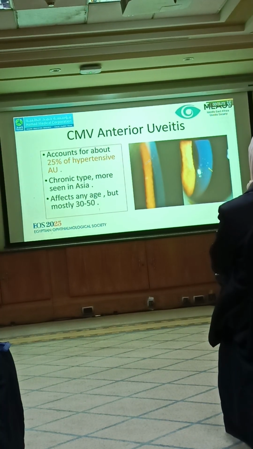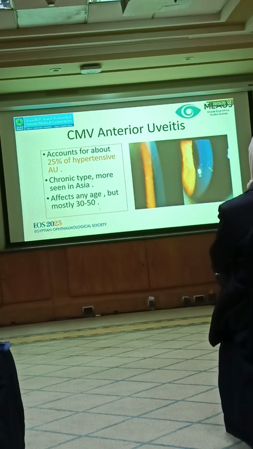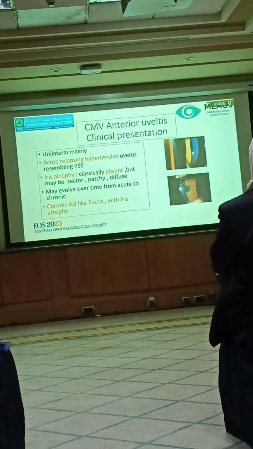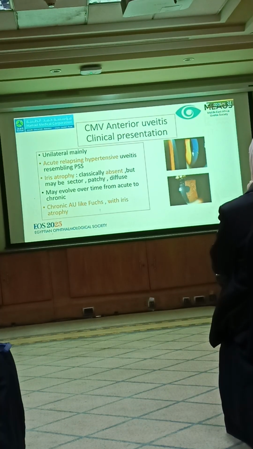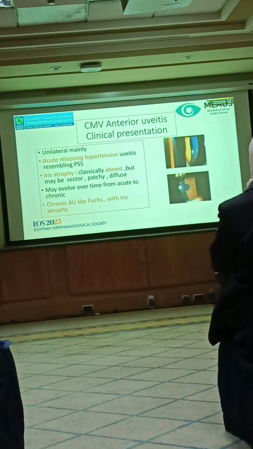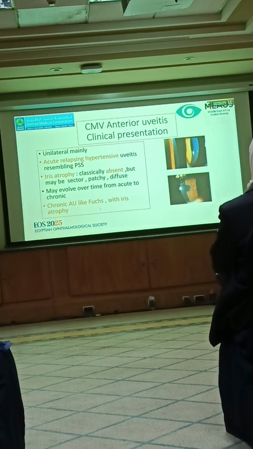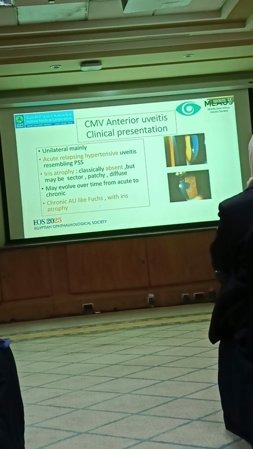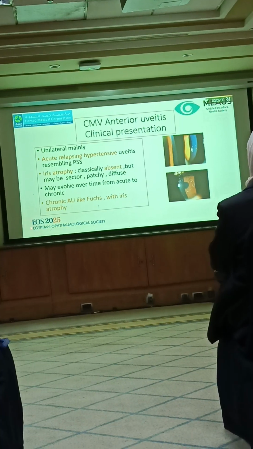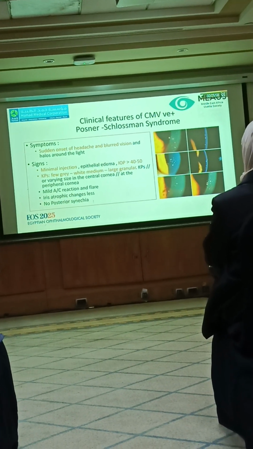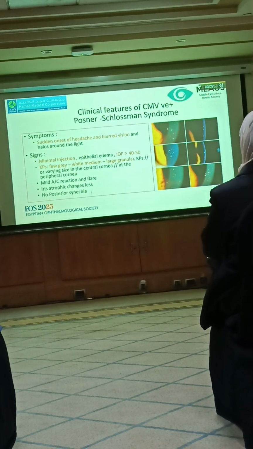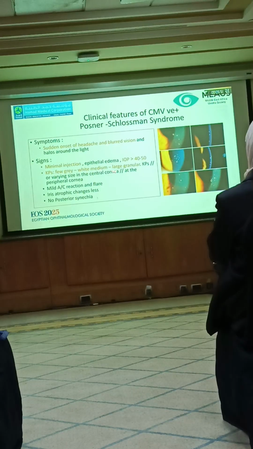Now coming to the CMV anterior uveitis, which accounts for 25% of hypertensive anterior uveitis. It has two forms: acute relapsing, with high IOP, where the iris atrophy is usually absent, and then the chronic type, which looks like Fuchs with iris changes. The Posner-Schlossman one classically comes with sudden onset of headache and blurred vision, minimal injection, spikes of